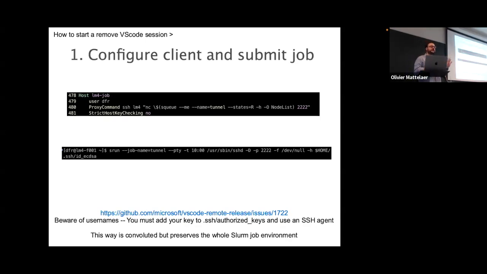If you are using VS Code, are there anyone here using VS Code? Okay, you can configure your SSH client in a way that allows you to connect your VS Code to a running job. So here, what you see is that I'm using this name to describe a host on which I have a job running. It's not necessary to understand exactly how it works, but if you copy this blindly to your .ssh config and